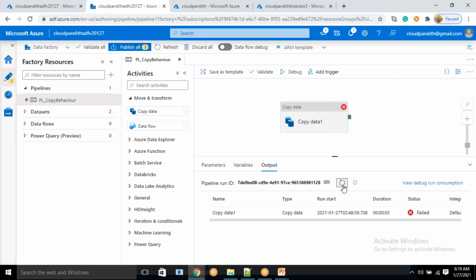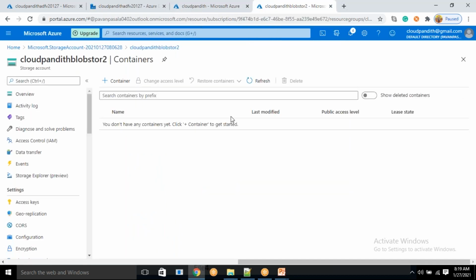Oh shit, why has it failed? Okay, the reason for failure that I wanted to show you: we deleted the output container. When you delete an output container, it will not be deleted immediately. In the backend, it is still in the process of deleting. On one side, a container with the same name is being deleted, and on the other side you are trying to create a container with the same name. There is a conflict.